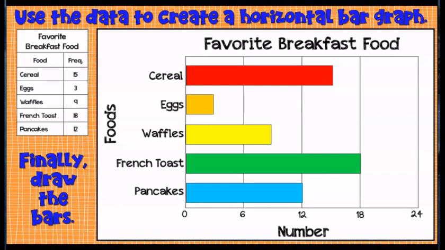Now, one thing you might notice, my bars in my bar graph do not touch. And if you notice in my horizontal and my vertical, the bars do not touch. You need space between them. Now, the only time they might touch is if I'm comparing,